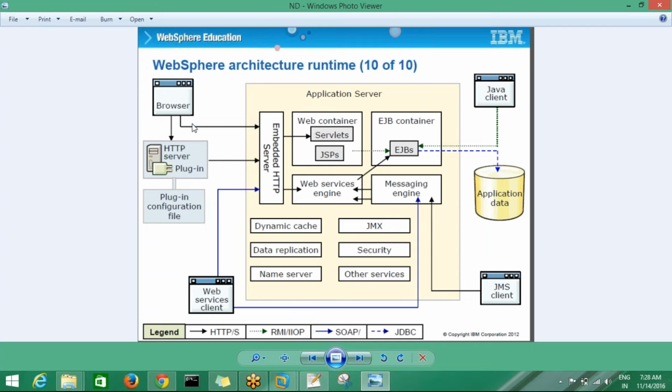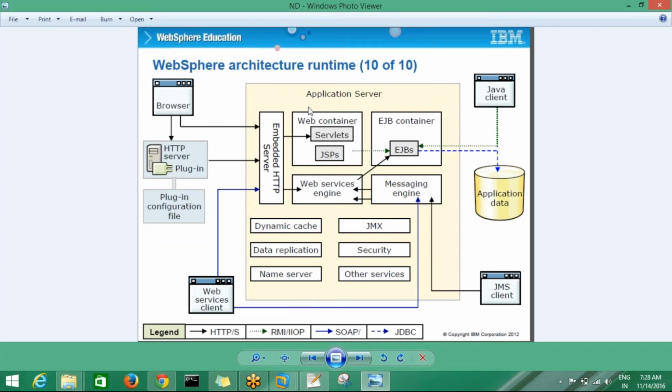Okay. And here, whenever a client requests access to any application, the request first comes to the HTTP server. Any request will not connect to the application server directly, because the application server has multiple applications deployed in the same server.